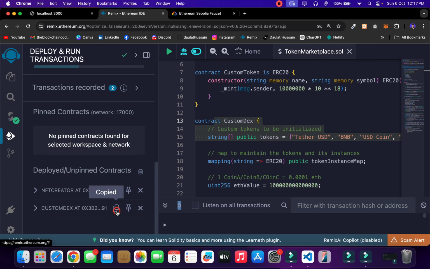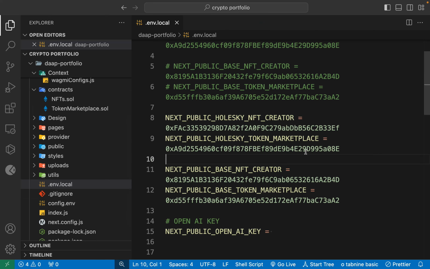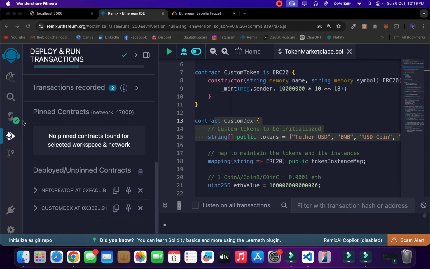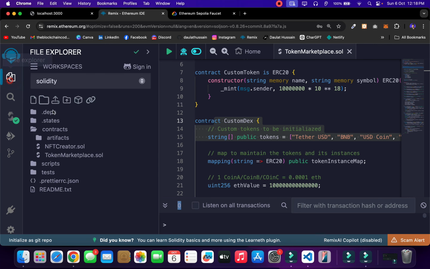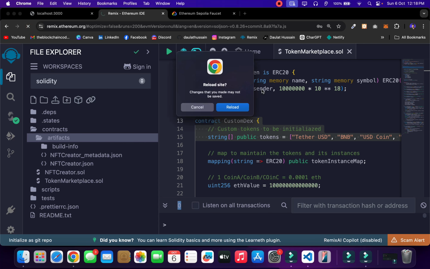We got the address. Simply copy this one, custom D exchange, and that's what we have to provide here. So simply close this one, and we have to provide the address here for the host key. So we have deployed our token contract, and we provided the token marketplace contract. In the same way, you can simply come back here and you can go to the artifact and you can get the API. If you come back here, open that one. In that you can see the API is not reflecting here. So sometimes you have to reload the page,